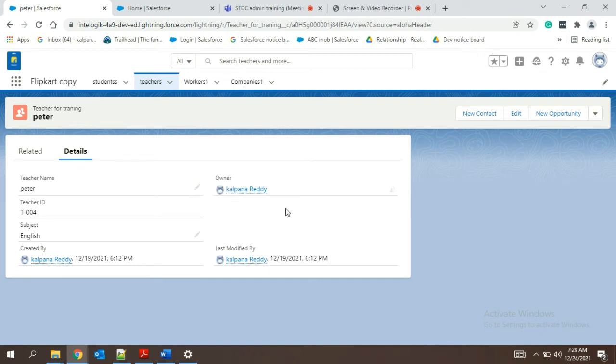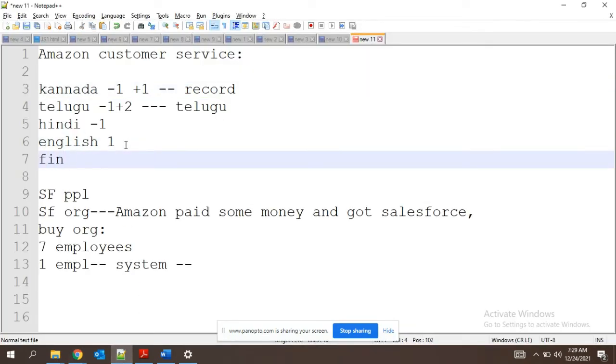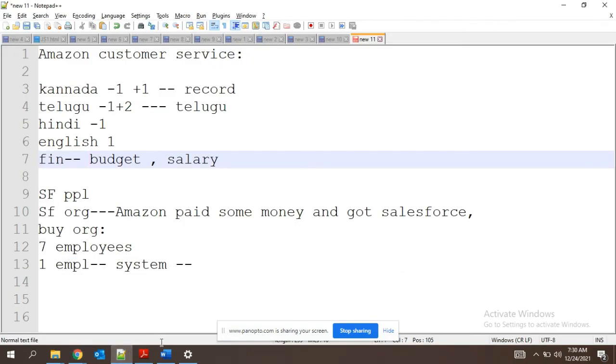So this is fine, the customer details and all. But what about tomorrow, we have one more department added, which is the financial department. They have the budget and the salary hike we are giving to each and every employee. All the records have been added into Salesforce only. But if those records are seen by other users in the same company, is it a good one? No, right? So for that reason, we are going to have the security features in our system.